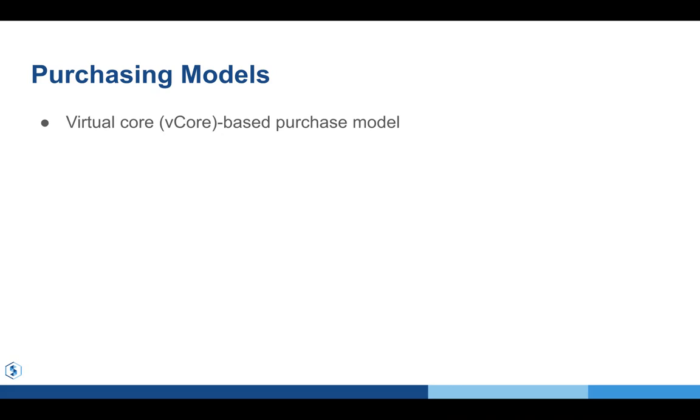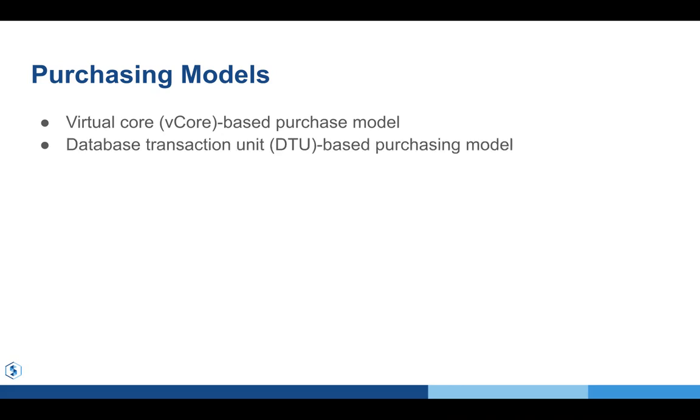You just select 1 core, 2 cores, 3 cores, and go up, and the price will also go up. But the more traditional purchasing model is the database transaction unit, DTU. This is also very limiting for how we do the implementation on the cloud, because once the DTU max cap is reached, then timeouts start